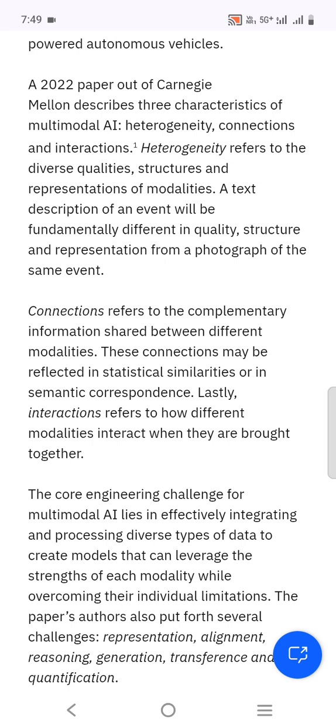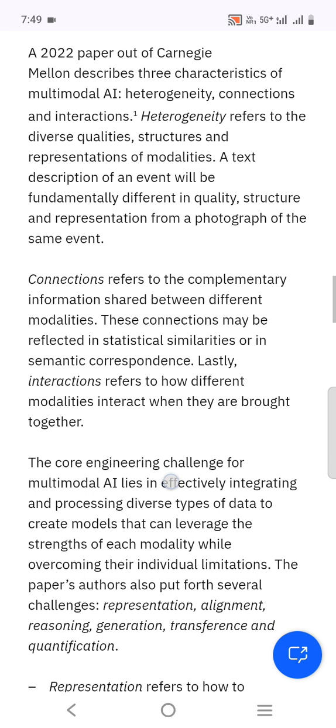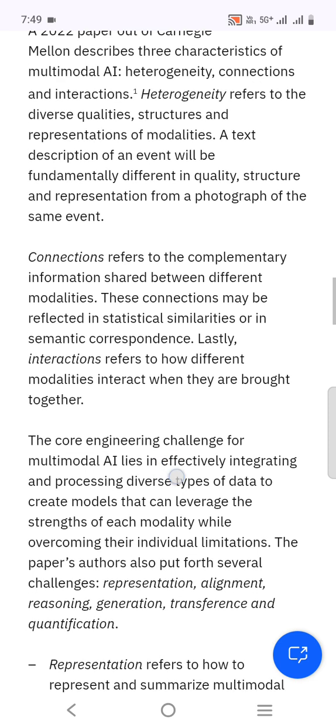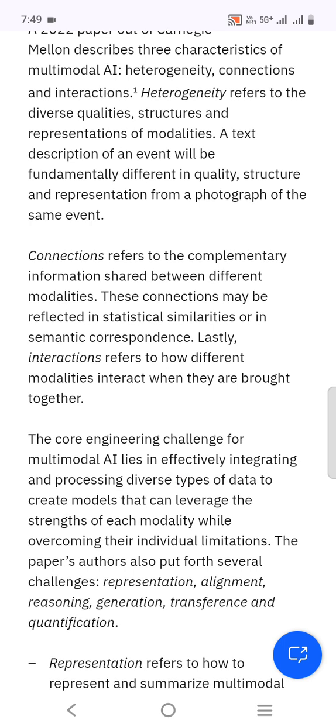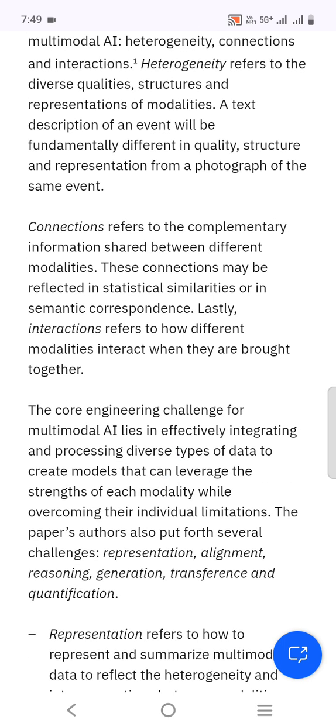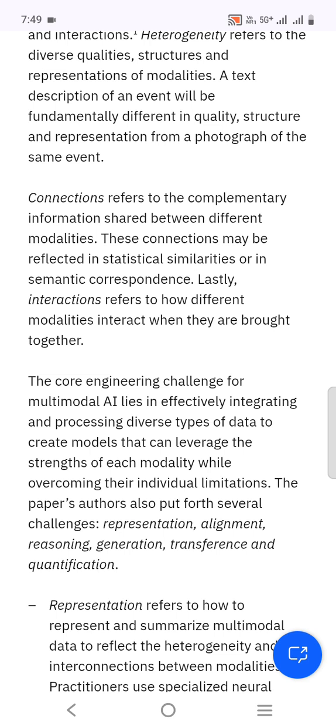Connections refers to the complementary information shared between different modalities. These connections may be reflected in statistical similarities or in semantic correspondence. Lastly, interactions refers to how different modalities interact when they are brought together.